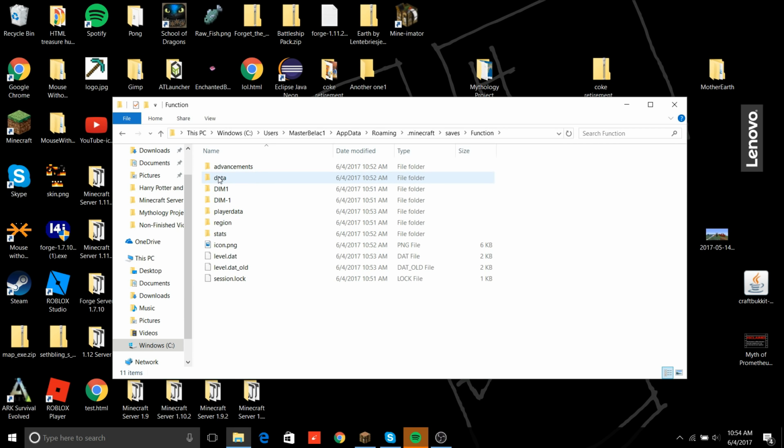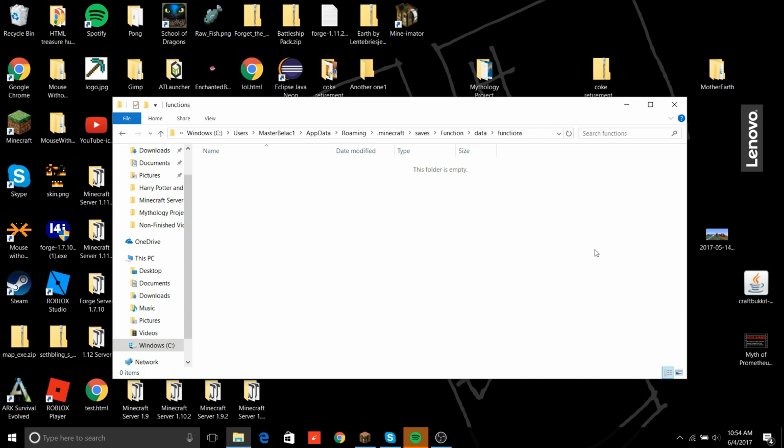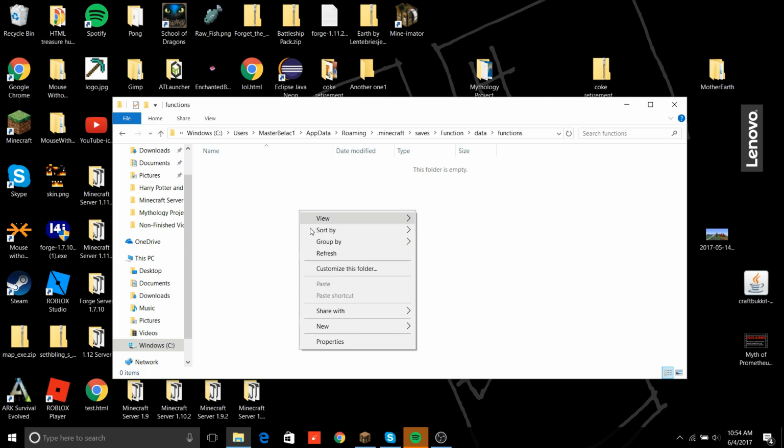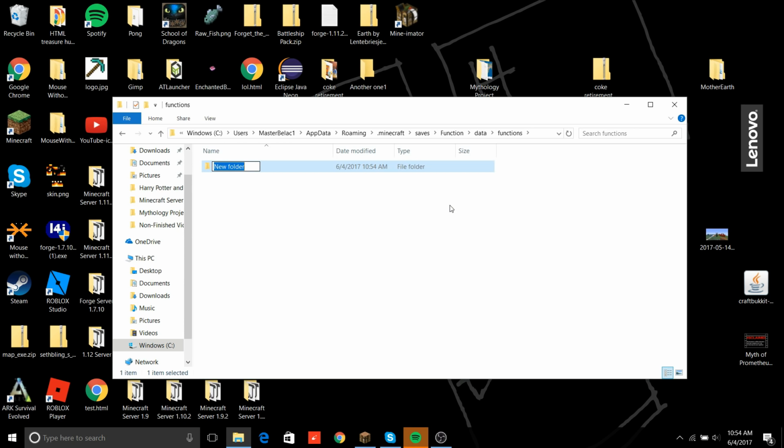And then you want to go into your data, and then right here there's a folder called functions, and then inside of here you can make any folder you want. So you have to go new, make a new folder, and you can call this whatever you want. So I'm just going to call this tutorial for now. And so then you can open this up, and inside of here, this is where your actual files are going